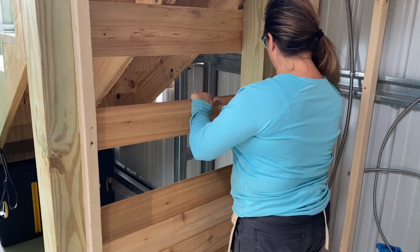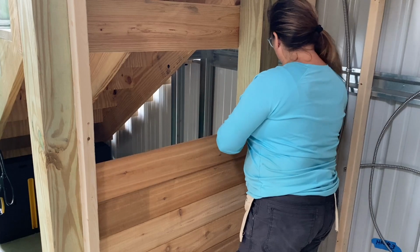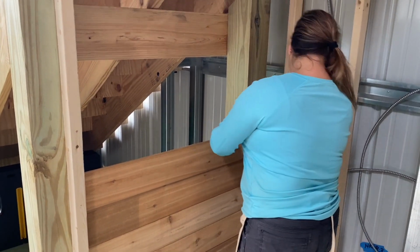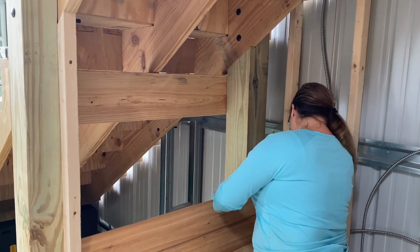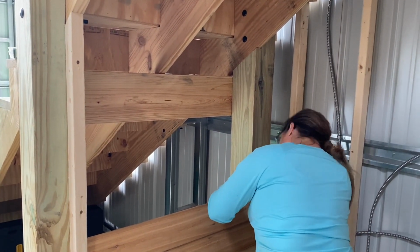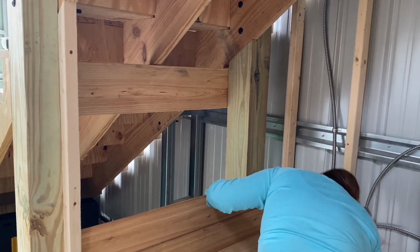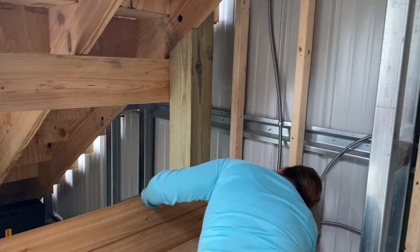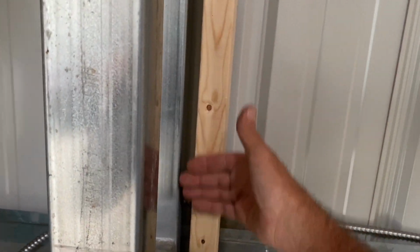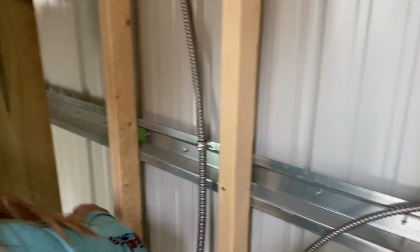So one of the things when you're doing drywall or any kind of wall project is you got to think about where you're gonna nail or secure the drywall, the cedar, whatever you're using, plywood, how you're gonna secure it to the back wall. So easy things are kind of like this, you know, you're going to be able to nail or screw into this. However, when it came to this side,